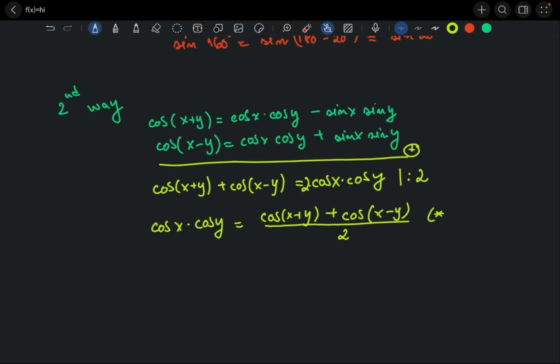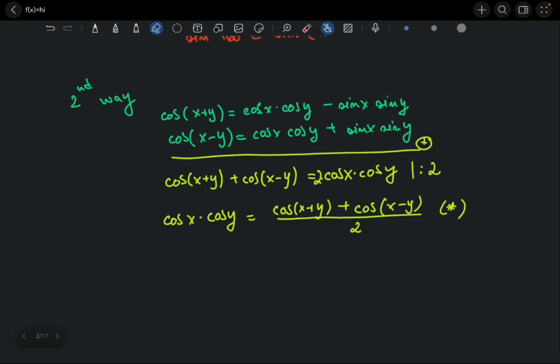So this expression is the product to sum formula for cosine. We go from the product of cosines to the sum of cosines. Okay, now by substituting x being equal to 40 degrees and y being equal to 20